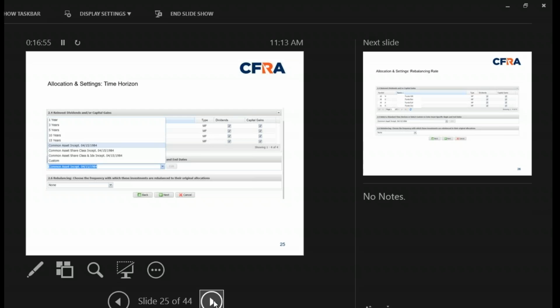Let me give you a real quick example of why that's so important that we allow that functionality. If you were to include, let's say, a mutual fund, stock, or ETF in this analysis that's only been around for, say, a year and a half, and you were to use the common asset inception, then you can only run your hypothetical backtest in that scenario for a year and a half.